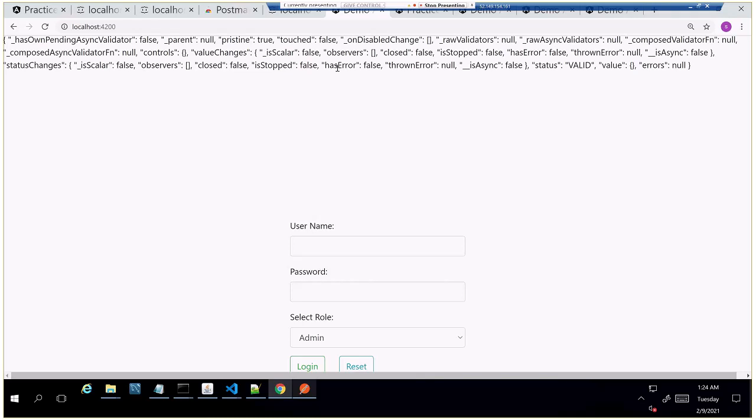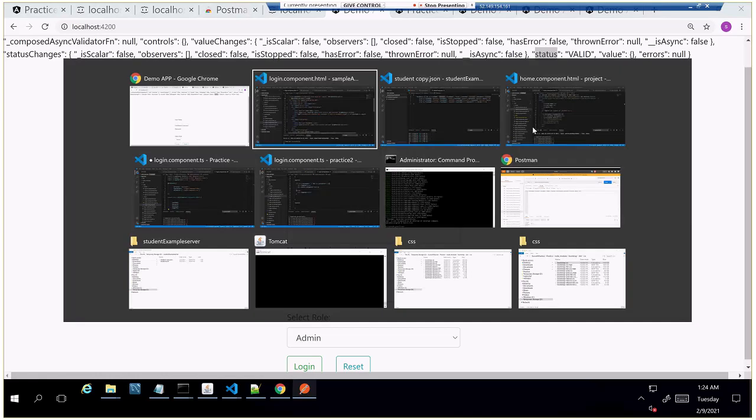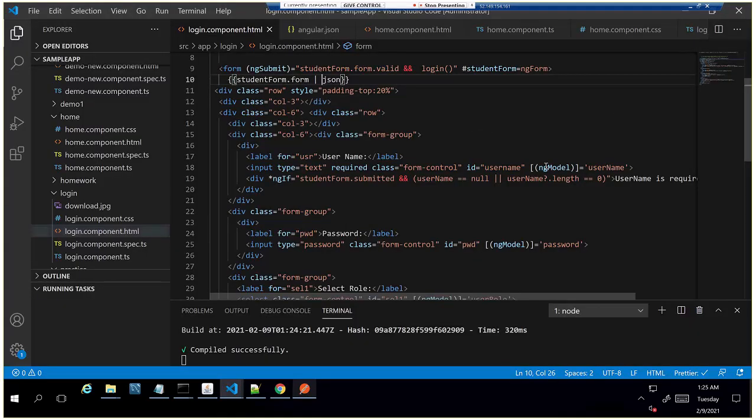I have error false. Now I'm going to check this. Validators, value changes, status valid. Yeah, dot status is equal to valid. Yeah, this should be invalid actually. Somehow there is some problem with this line.